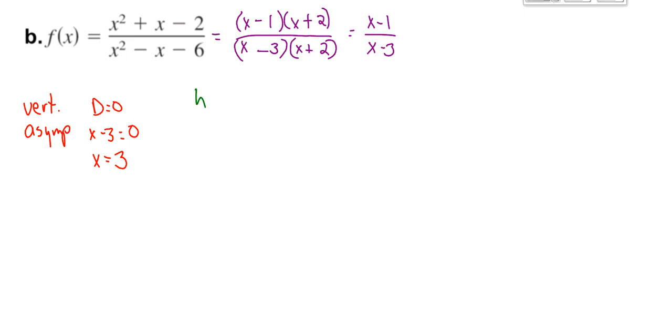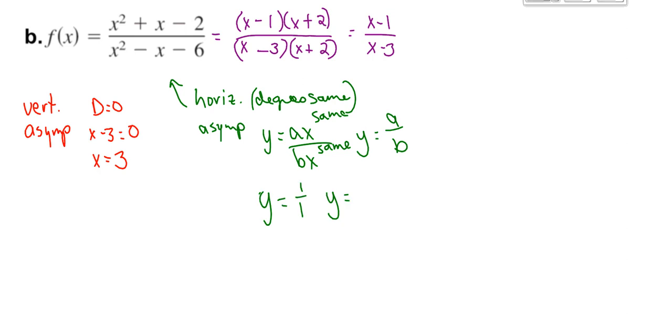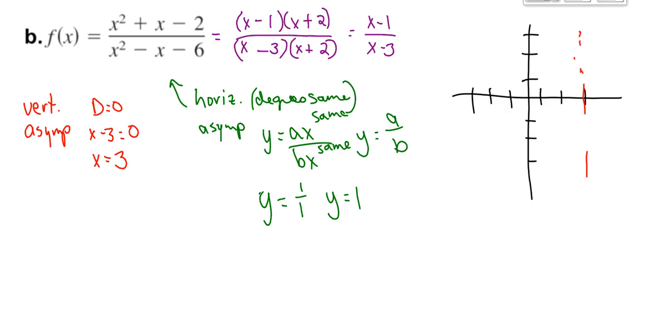For the horizontal asymptote, the degrees are the same, and so we get y equals 1, the coefficients of each of those. So if we wanted to graph this, there's our vertical asymptote and our horizontal asymptote. The question this one still has unanswered right at the moment is